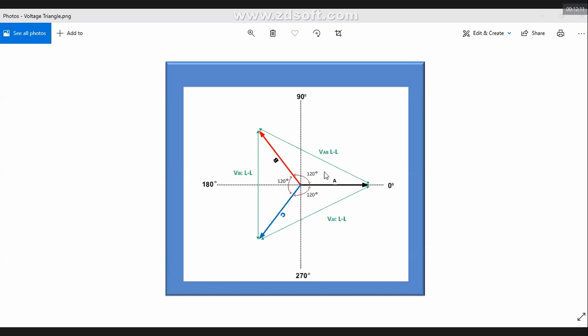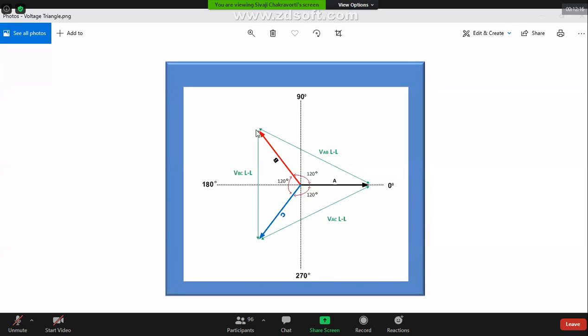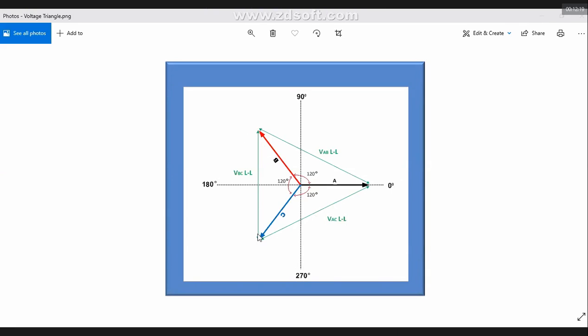Now look at this. This is a representation where you are seeing an equilateral triangle. The three arms of this equilateral triangle represent the line voltages. Then you take the centroid of the triangle, that's here. This represents the neutral point. Then from here, if you join the three tips of the triangle, you get three arrows, which are the three phasors. They represent the phase voltages.